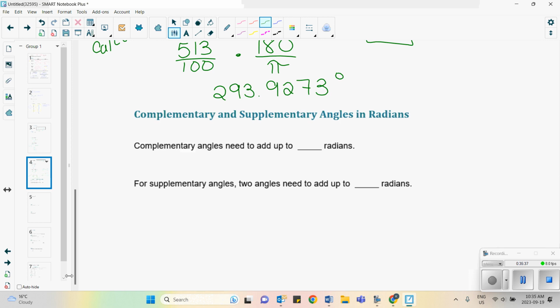Complementary angles need to add up to how many radians? Complementary angles need to add up to how many degrees? How many degrees? Complement's nice. Supplement's better. So I told you you had to memorize. If you didn't memorize in the last like 2 minutes,